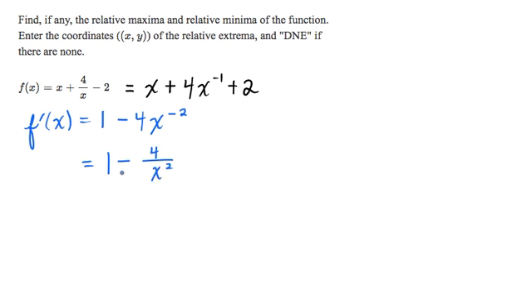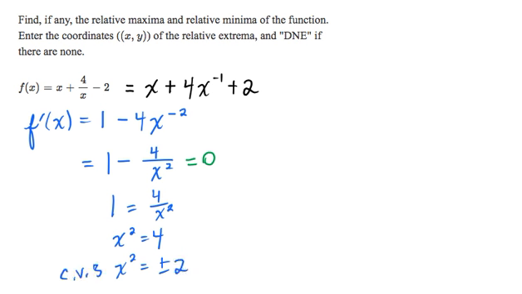So critical values occur where the derivative either equals 0 or where it is undefined. So if we set this equal to 0 and solve, then we get 1 equals 4 over x squared. Multiplying both sides by x squared, we get x squared equals 4. So x equals positive or negative 2 are two critical values of this function. Now the derivative also is undefined at 0 because you would be dividing by 0 if you plug in 0 into x squared. So f prime is also